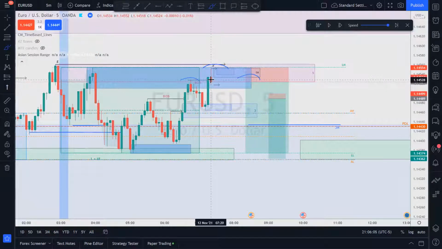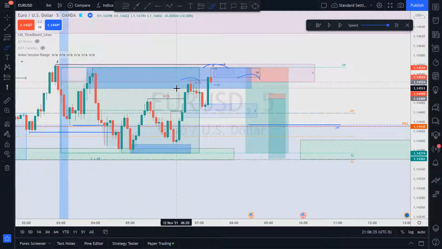what time is it now? 7:20. Let's advance a little bit more. This is another chance to get in on a nice short here. All right, this one was kind of short-lived, right? It went higher. But if you enter in on this, you always put your stop loss above the order block